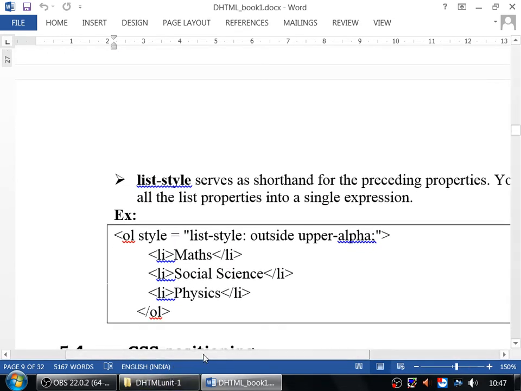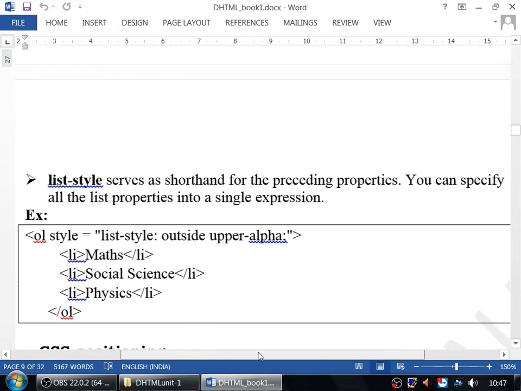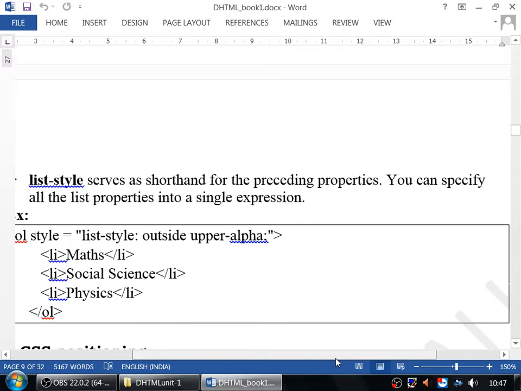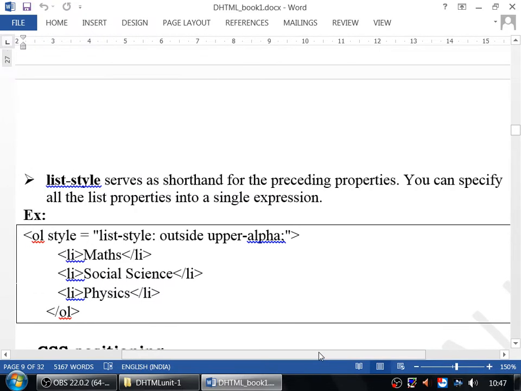And the last property is list-style. It's a common property, in the sense that it serves as a shorthand for the preceding properties. You can specify all the list properties in a single expression. It's similar to border. We define a border element and we define the size, type and the color of the border. So it is similar to that.